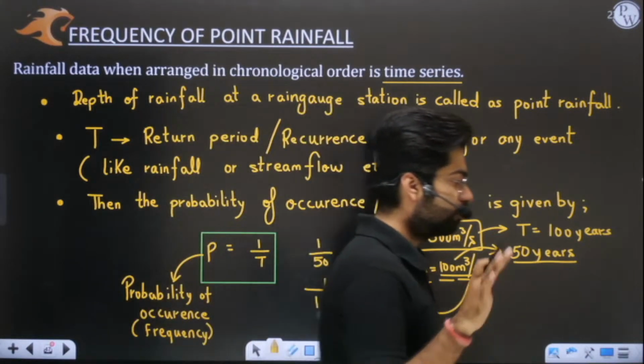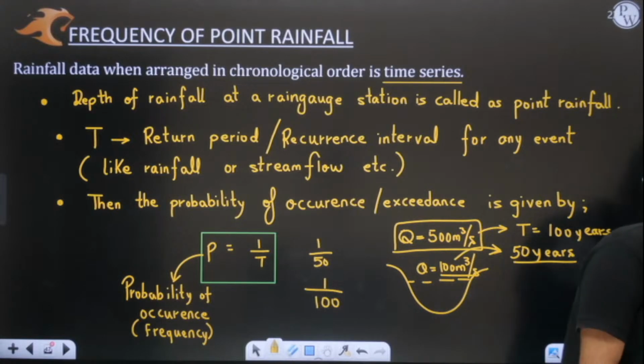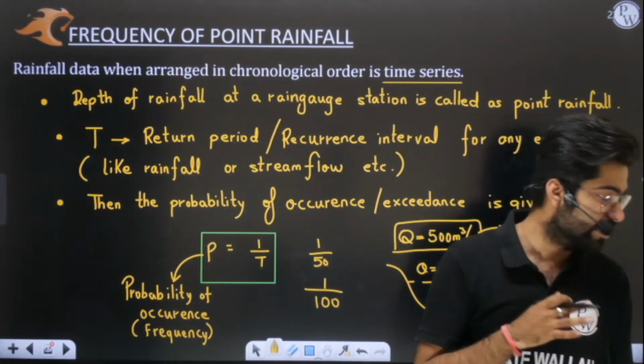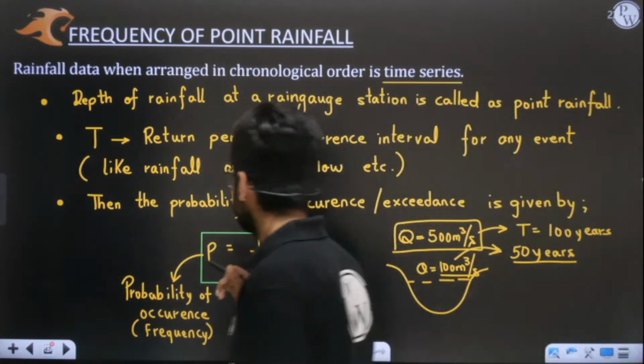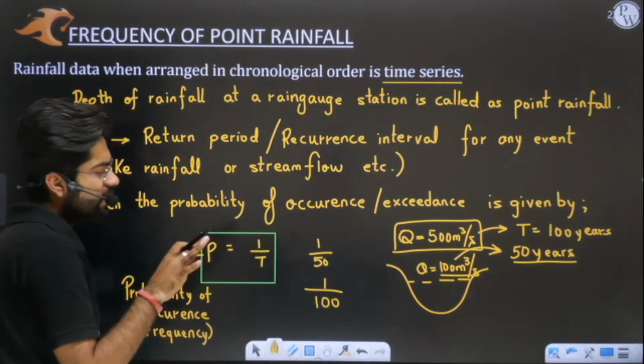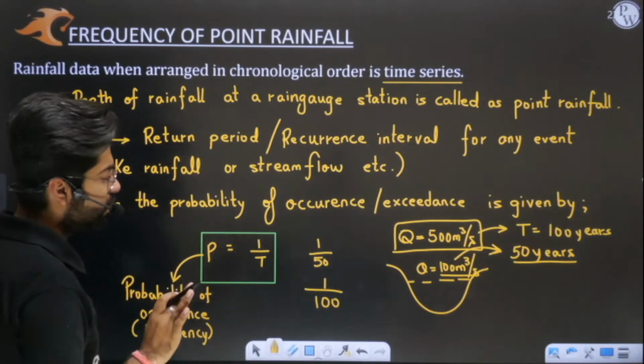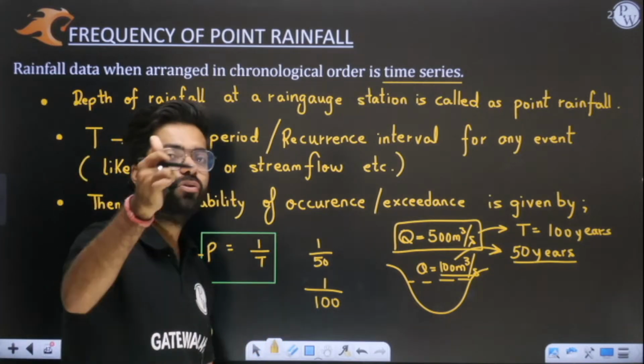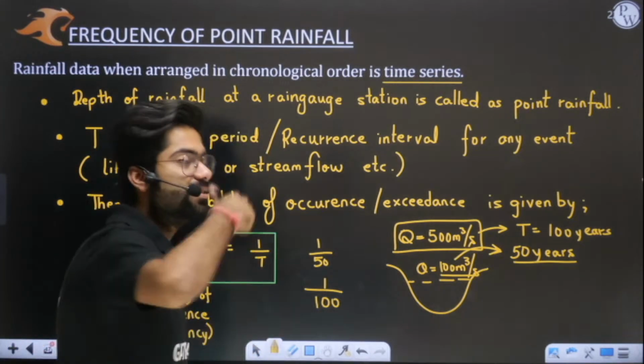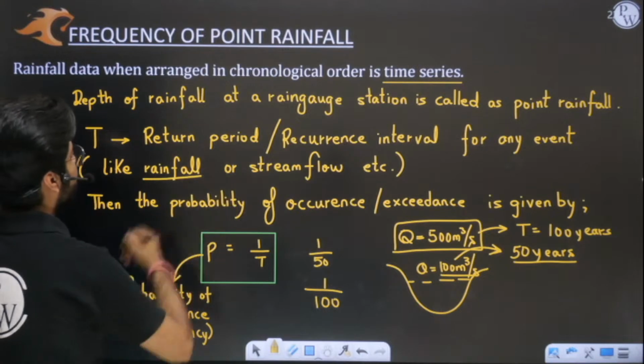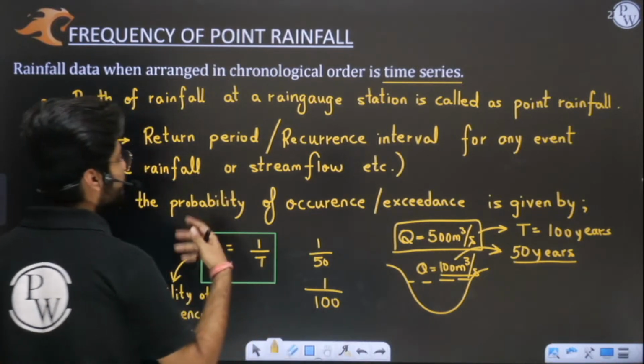Yes or no? I hope this thing is very, very clear to you. Yes or no? Perfect. Yugal, Vishal, Sushil, everyone is guessing it correctly. So now it is even lesser. So sir, one thing we can conclude, one thing is for sure, that higher the magnitude of stream flow, or higher the magnitude of rainfall, okay, so higher magnitude events